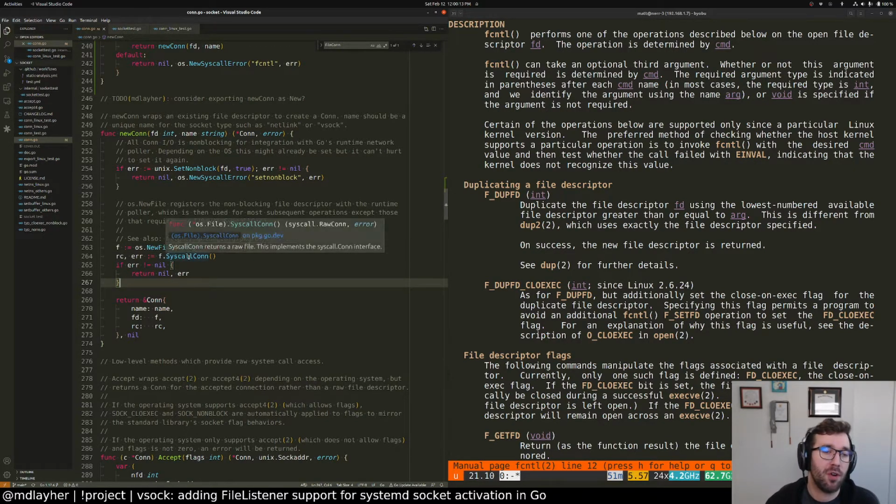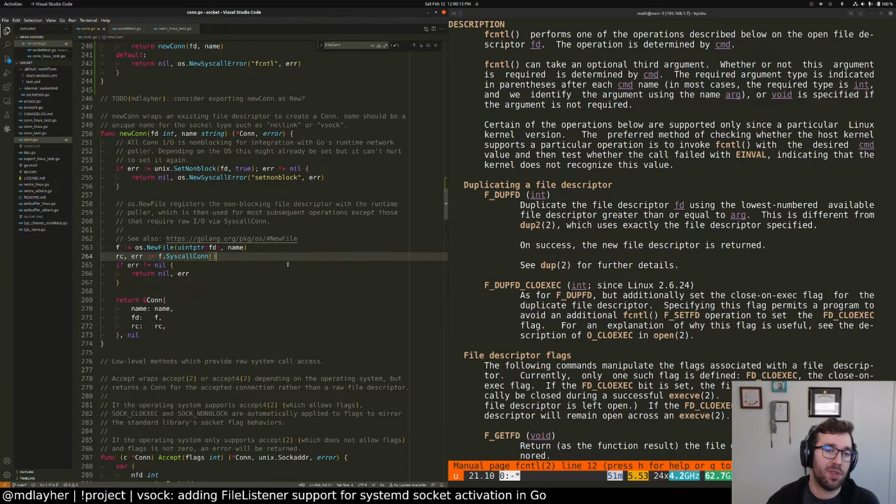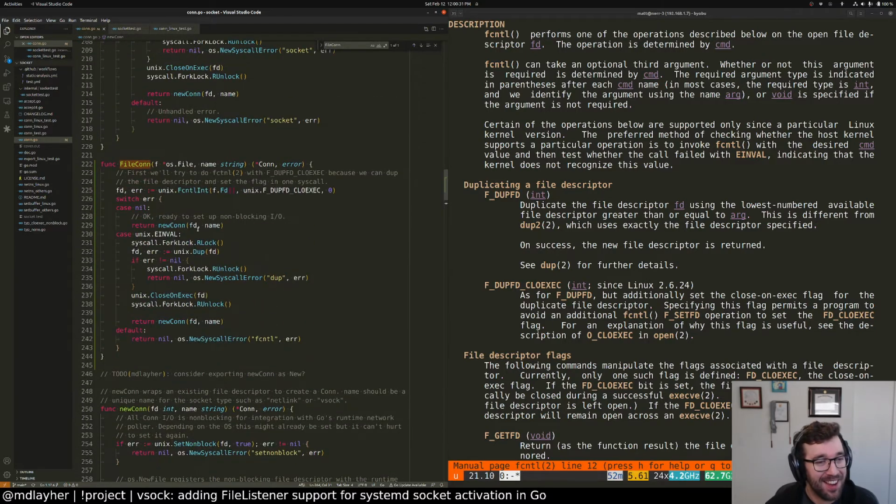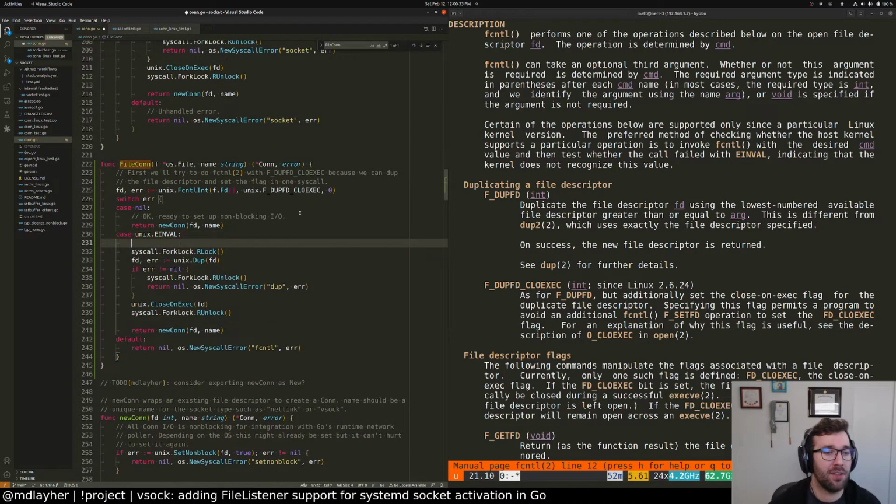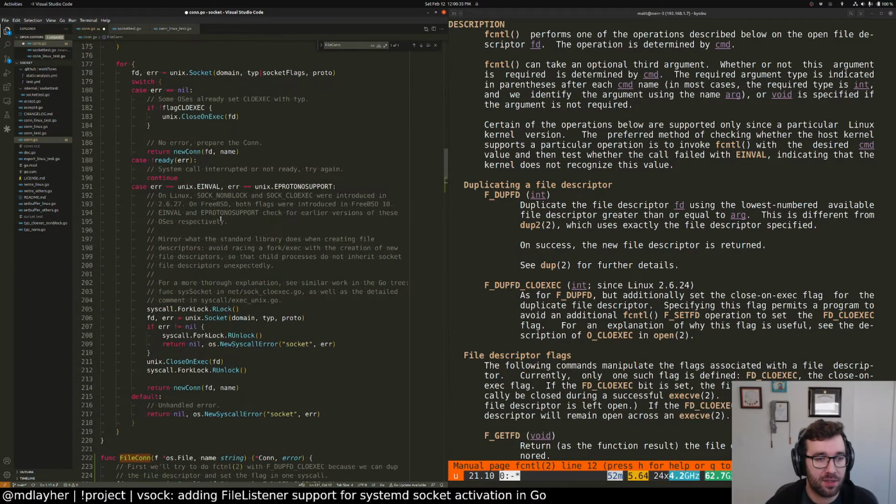From here, you can invoke the syscall Conn, and this will actually give you the ability to invoke arbitrary system calls while hooking into the runtime's epoll infrastructure essentially. So again, the reason this package exists is because this is a lot of work, and I'm trying to put it all in one place. Okay, so in this particular case,